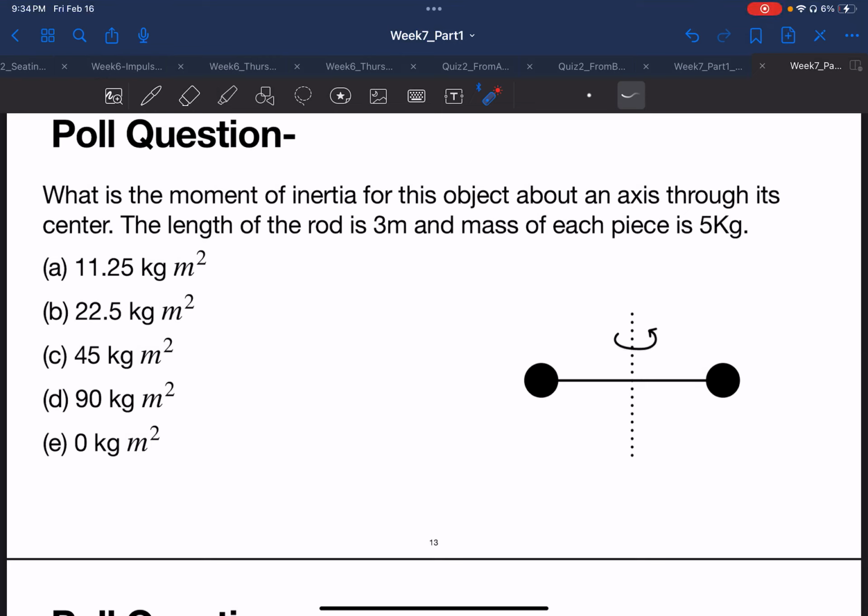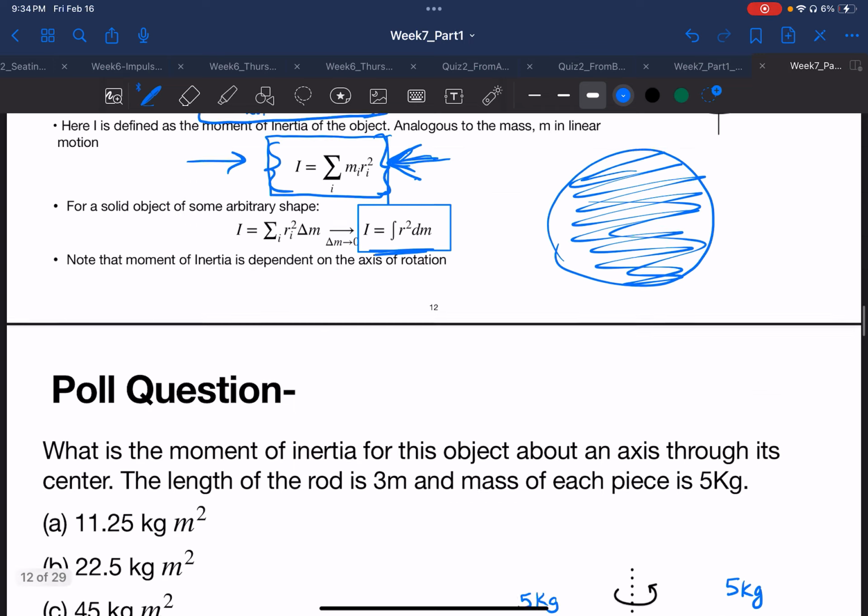All right, at the end of the last video, we left off with this example. This example states, what is the moment of inertia of this object about an axis through its center? The length of the rod is 3 meters, and the mass of each piece is 5 kilograms. So we are going to apply